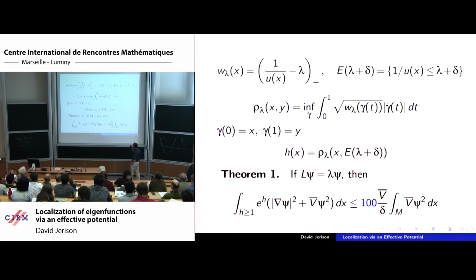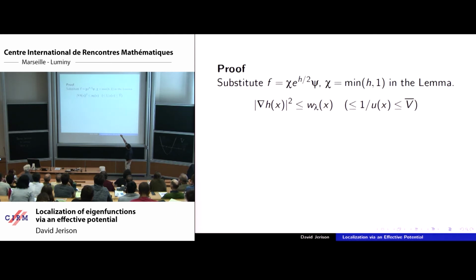So this is the theorem. Again, let me tell you the proof. The proof, as I already told you, is that you just plug in the right test function. It's the exponential to the appropriate power times the cutoff, and the cutoff is just h for the transition between 0 and 1, and then constant 1 from then on. So for h greater than or equal to 1, it's just constant. Okay? And then you have to use this Agmon type bound, which is that the gradient is related to the weight, which is natural for metrics. This is true, I mean, it's really not original with Agmon, but it's an important part of his proof.